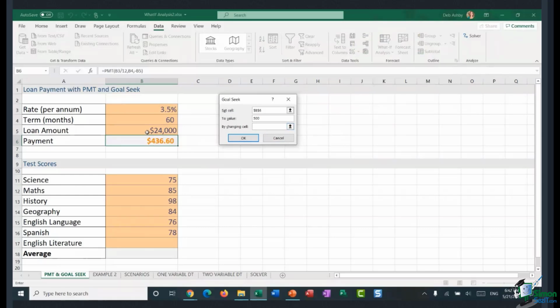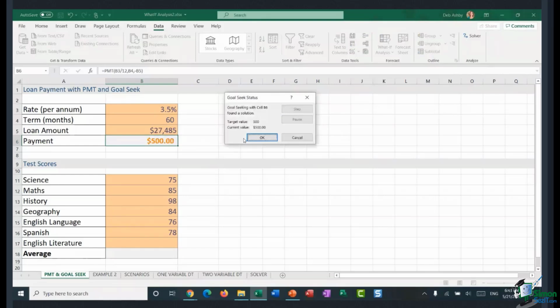So I want to see how much I can borrow if I can pay $500 a month. So I'm just going to select the loan amount cell and click on OK. And you can see there very quickly, it's telling me if I pay $500 a month, I can borrow $27,485.